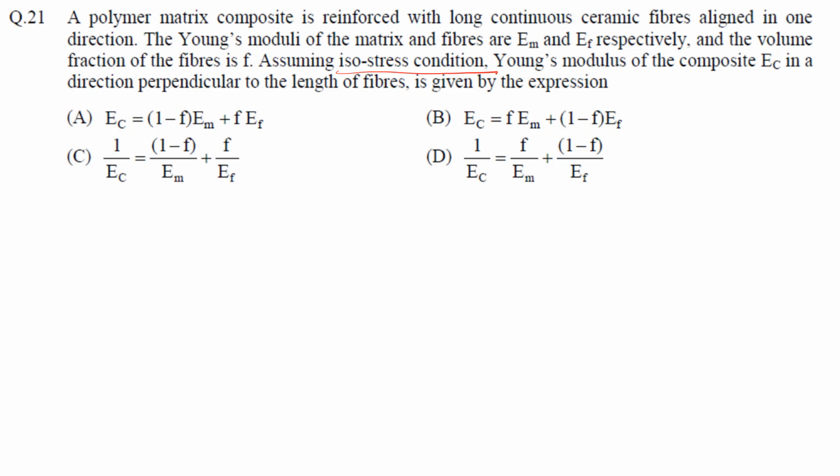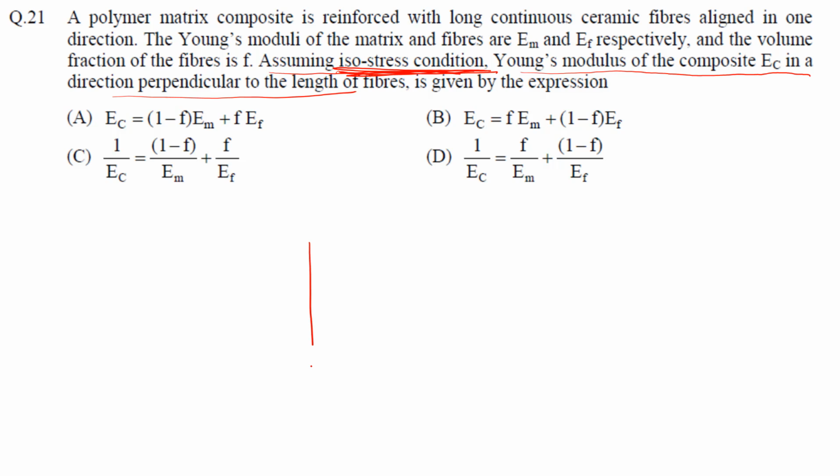So here two things are given and both have the same meaning. See, assuming isostress condition, the same amount of stress will be applied on the matrix as well as on the fiber. And Young's modulus we have to find for the composite in a direction perpendicular to the length of the